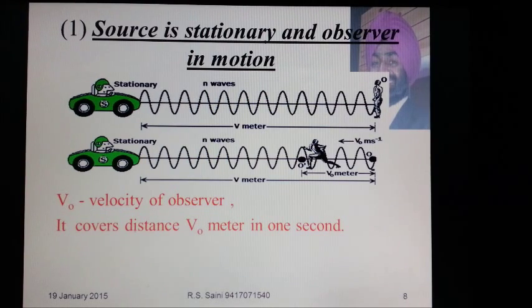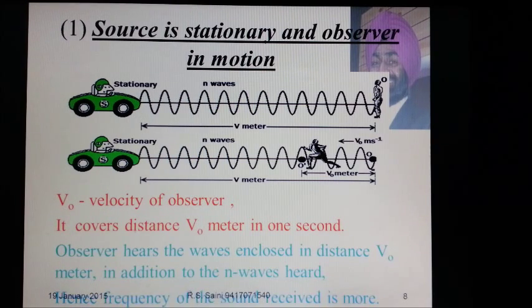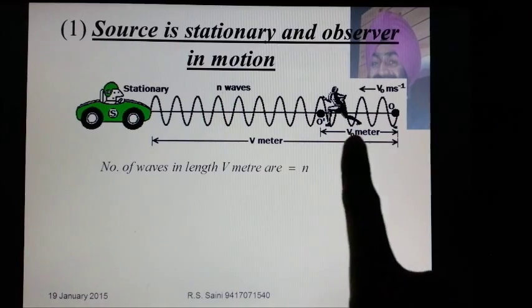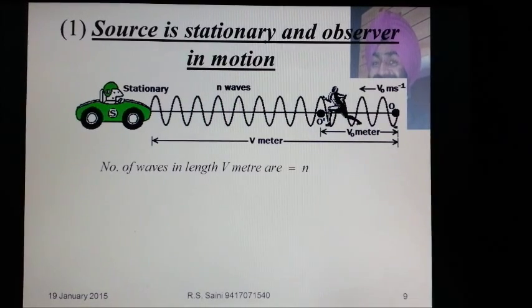So let us find this number of waves, and that number would be added to the original number n, which gives the new frequency heard by the observer. So let us find how many waves there are in distance vO meter covered by the observer in 1 second. For that you can apply the unitary method. Number of waves in v meter are n. In 1 meter